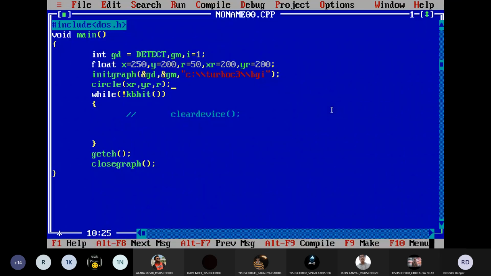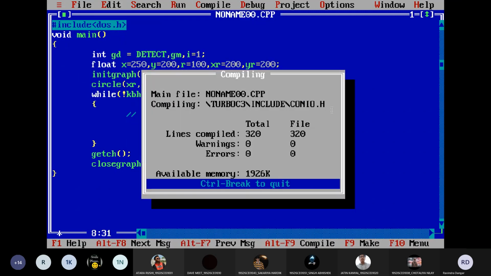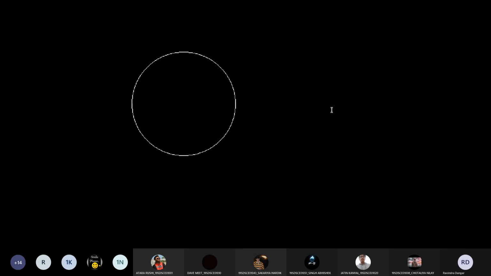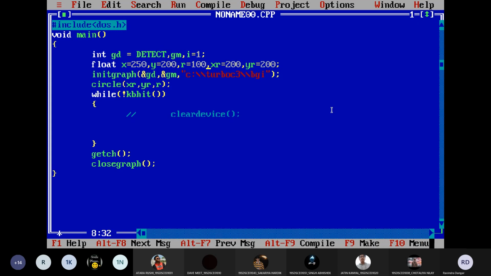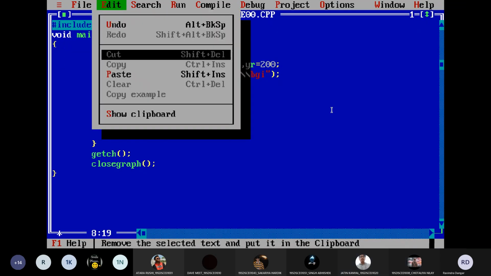So your circle is there. Let me increase the radius. I don't want smaller circle. Let me go with 100. Yeah. And if it is 100, then now you can change this value as well. Yes or no? It should be now 300. What do you think? Yes, sir. Yeah. So now let me run